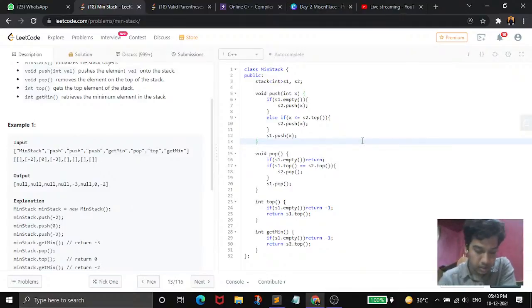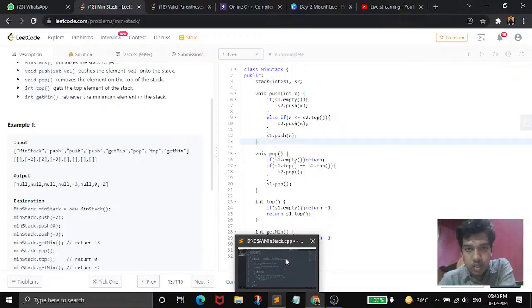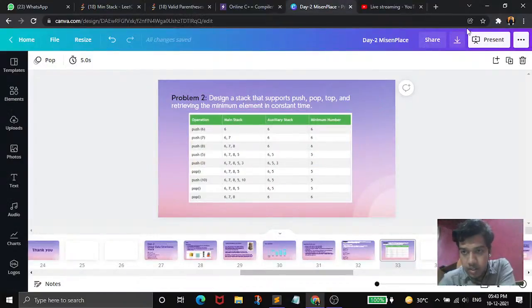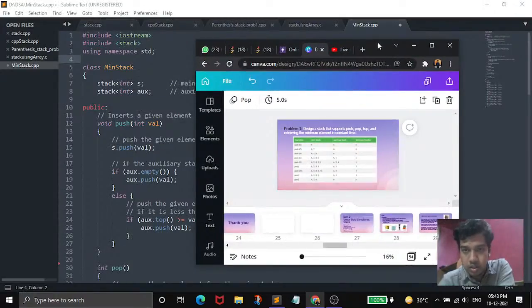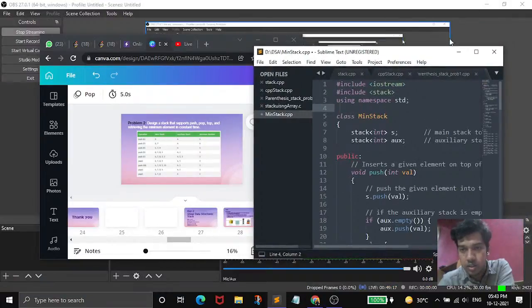Let's check the function now. So on the basis of this I can explain you this function.